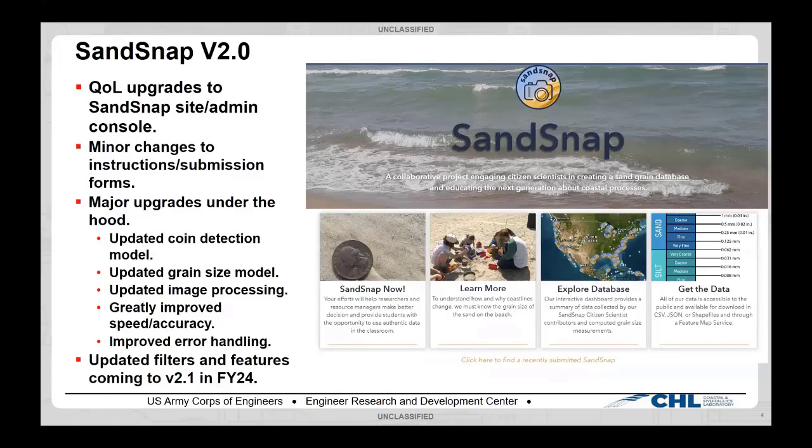He's also going to talk a little bit about some changes to the instructions and the submission forms, I think through a demo that he's got planned. Then I'm going to come back after that and talk about the upgrades that have been made under the hood. These are things that a user is not going to see, but changes that have been made to the coin detection model to make it more robust, and changes to the actual grain size model to make it better,